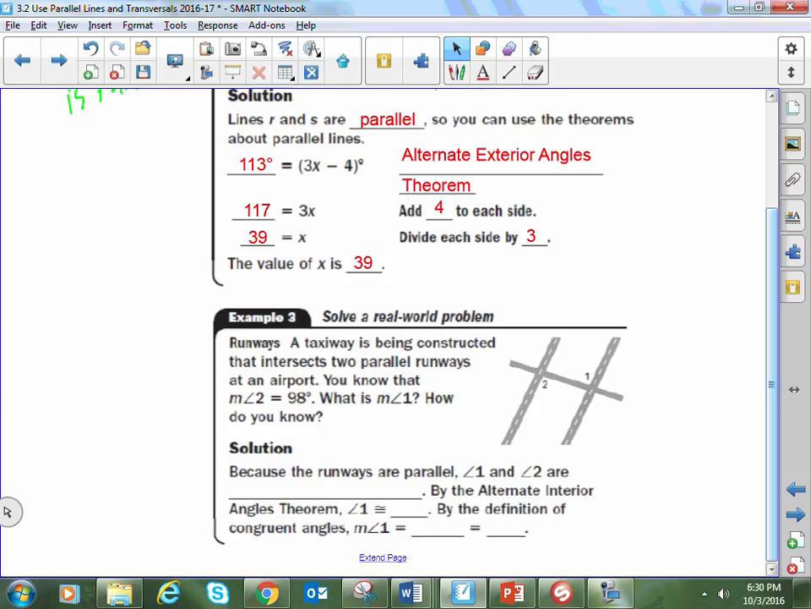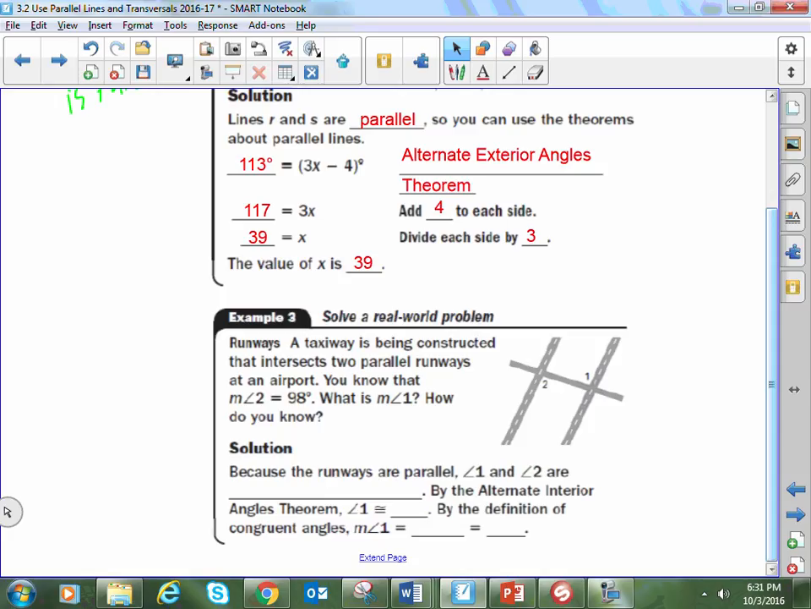This doesn't have to be applied necessarily to an airport, although it is pretty typical. You could see roads in a city designed this way also. You might see painting lines done something like this, where you make something parallel to something else. But anyway, we have a taxiway being constructed, and we know that the measurement of angle 2 has to be